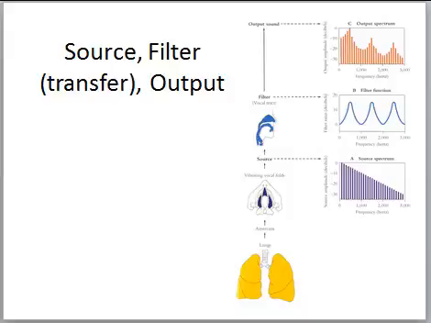This is a display of the graphs that go along with the source filter theory. The first graph down here at the bottom represents the vocal fold vibration. This is the source spectrum. It's a power spectrum, just like you've already seen. Includes the fundamental frequency and numerous harmonics, and you'll see here the vocal folds are drawn to represent that. Here is the filter function. This is showing what the vocal tract is doing, filtering that vocal fold vibration and making it into something else.